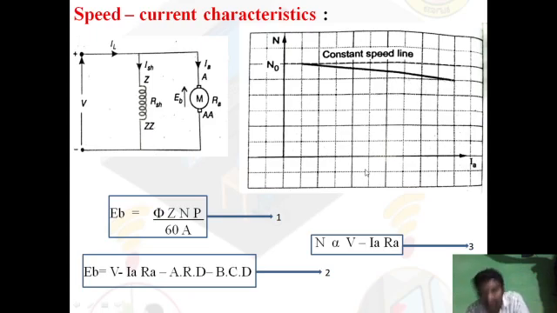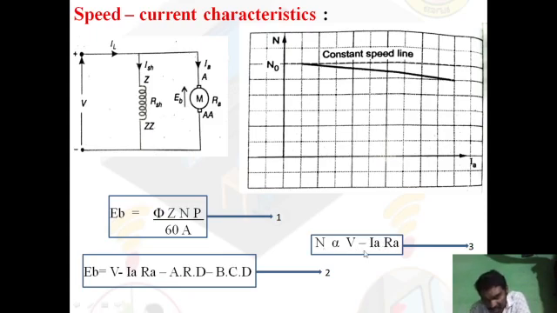But if you observe the change in speed, it is very less. So it is called a constant speed DC shunt motor. The change in speed is very less. Why? Because this drop is very small. From no load to full load, the armature resistance, which is anyhow 0 to 2 ohms, is constant. It is a very small value of resistance, and the change in current IA from no load to full load is very small.